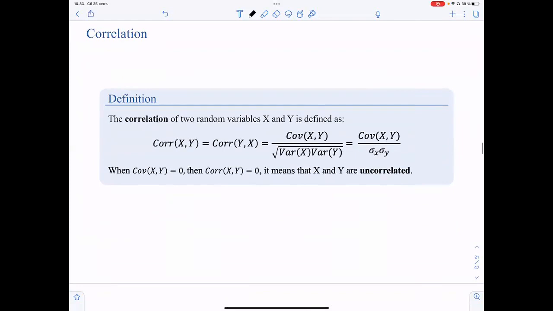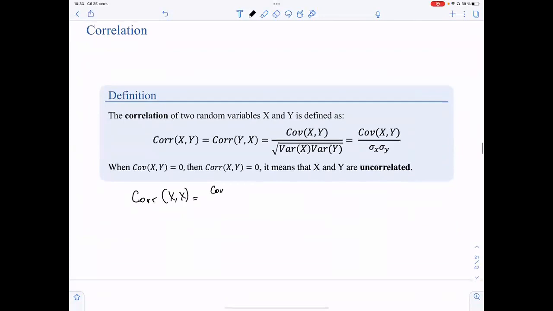And let's say that I'm trying to evaluate the correlation of x with itself. It is the covariance of x with itself divided by the variance of x times the variance of x under the square root. A covariance of x with itself is a variance by definition. Hopefully you recall this from the last lecture. And if you simplify the denominator, you have the variance of x. So here I got +1.